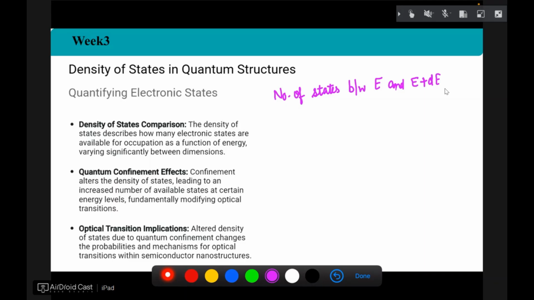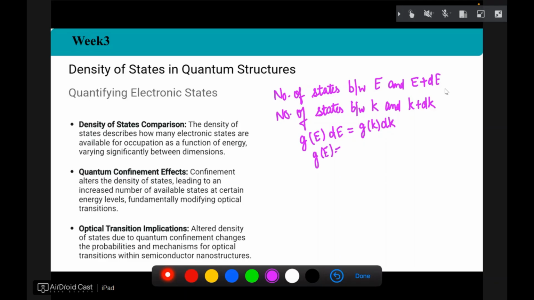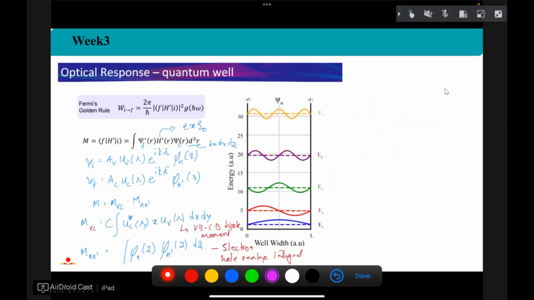So next, we can say the number of states between k and k plus dk. So we can define g(E) dE is equal to g(k) dk, so g(E) is equal to g(k) dk by dE. So for a 2D material,